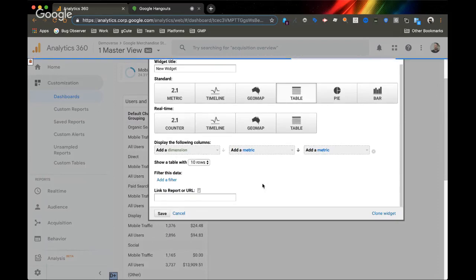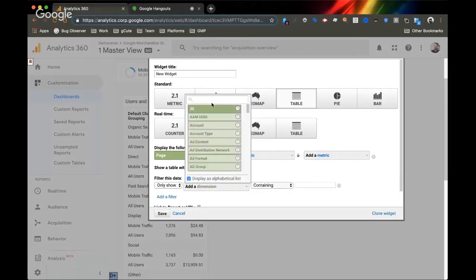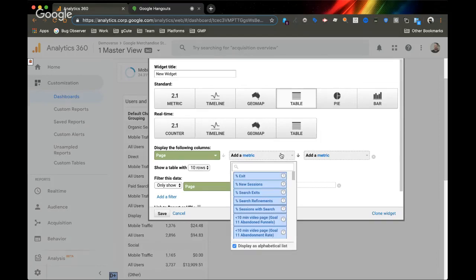And here's where I'm going to add a filter to this data, just because I know that the URL parameters weren't cleaned up how they should have been. So here we're going to add page again. Just so that the data looks better, I'm going to say I only care about pages that end with a slash, without the URL parameters. So for metrics, we care about